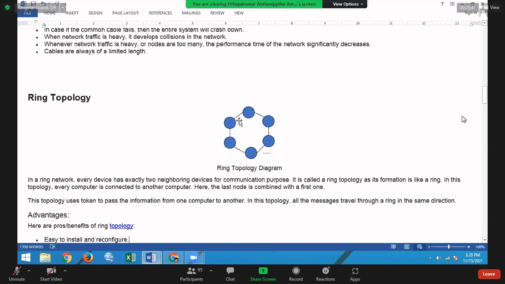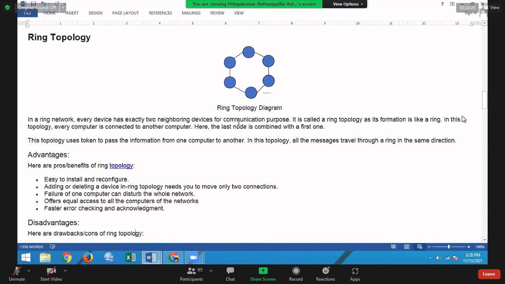The disadvantage is that if a connection between any two nodes is broken, the entire network fails.